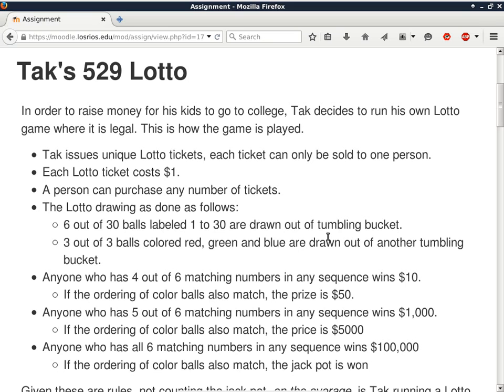I also want you to analyze, am I going to lose money or am I going to win money by selling these tickets? Okay, in other words, what are the chances that someone will win $10, $50, $1,000, $5,000, and $100,000? Okay, and not counting the jackpot, because the jackpot is not included in one of these.